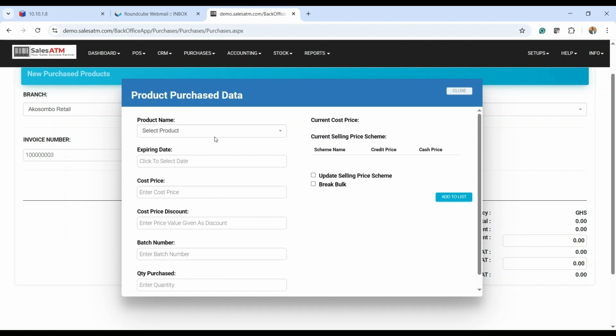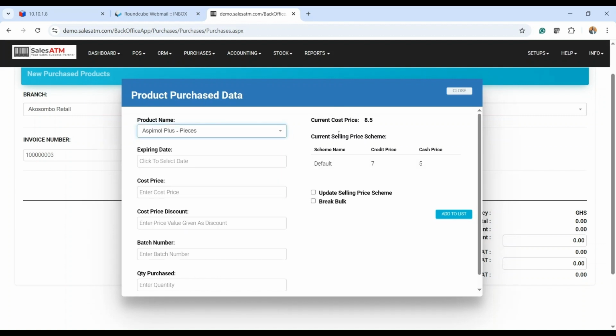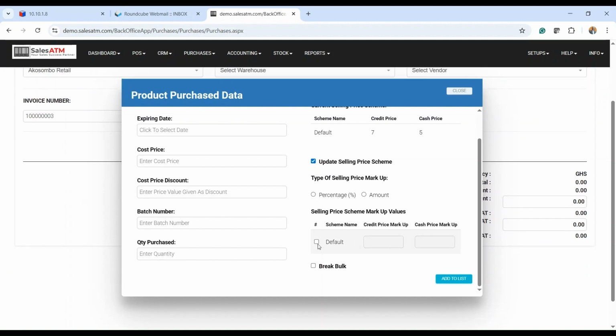And then if you select the product, you will know the product's current cost price and the current selling price. You have all this on the purchases page so that you can make adjustments if you want to change your prices, as you see on the invoice paper. So you can update the selling price either by percentage or by amount,